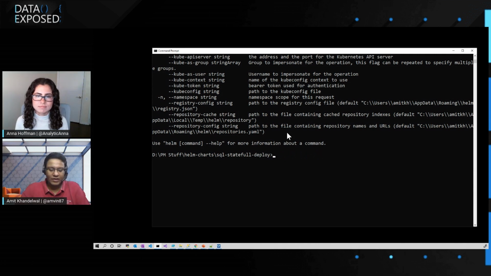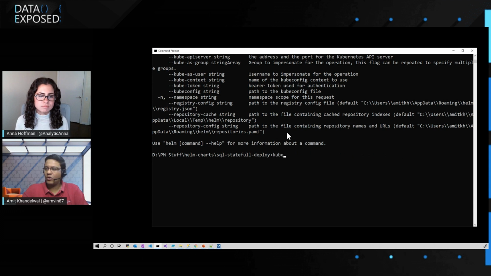And to do that, all I've got to run is the command az aks get-credentials. Then I run with the resource group. So I give the resource group where my Azure Kubernetes Service is running and the name of my cluster. So here goes the resource group, and then I provide the name of my Azure Kubernetes cluster. Once I do this, that's going to go ahead and merge the credentials